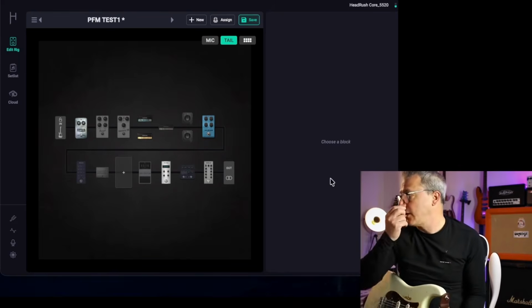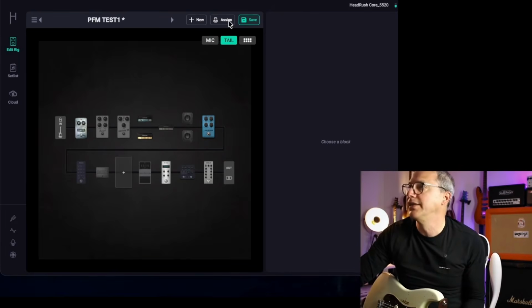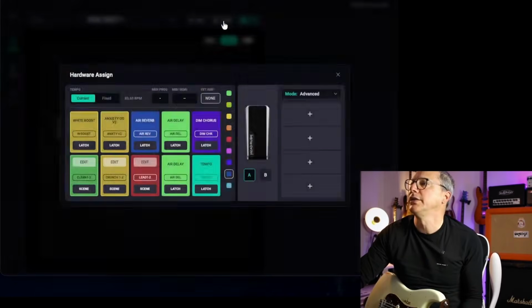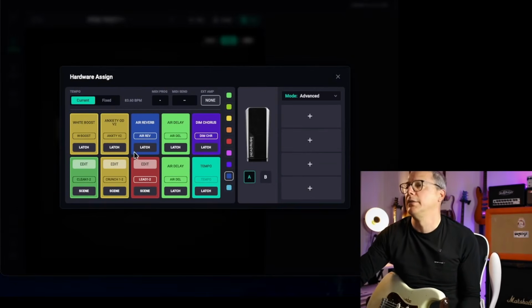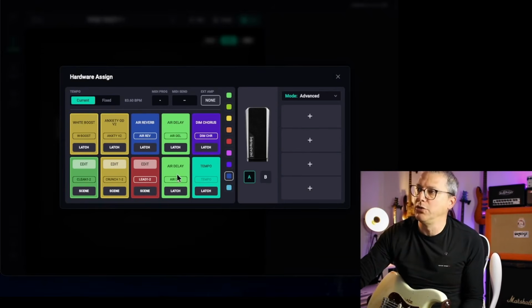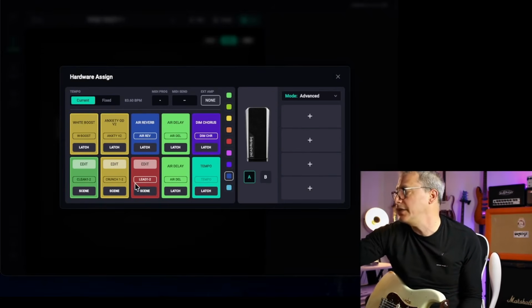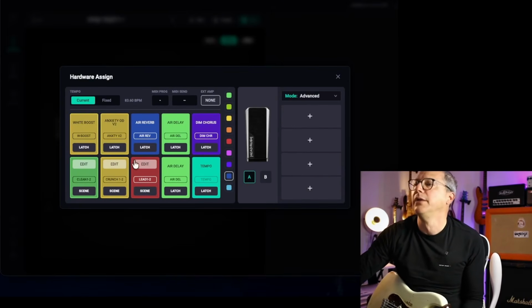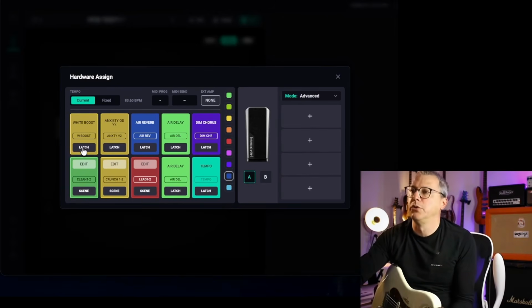The important thing to do, in my opinion, is to manage the scenes. If you take a look and move your cursor up here, you'll see right next to the Save button, there's an option that says Assign to a Scene. That's what we see down here. Now, as for the Core and Flex Prime units, that is exactly what we are mainly interested in right now, because it is basically the entire row of pedals that we have already activated. Right here you can see an Edit button, and over here you see it is clearly labeled as Scene, primarily because it could also be set to Latch mode,